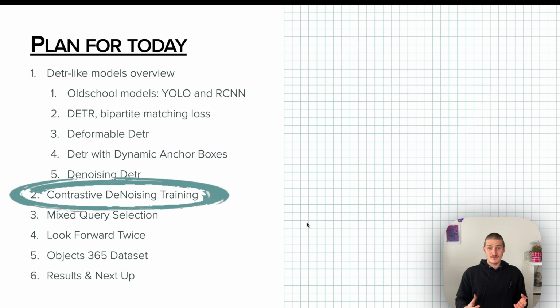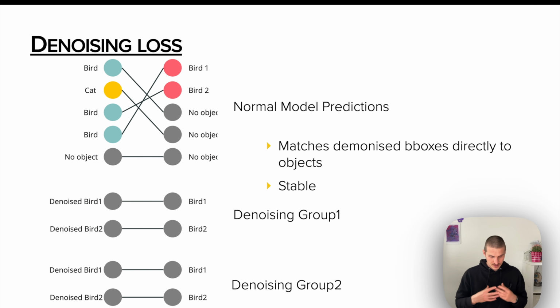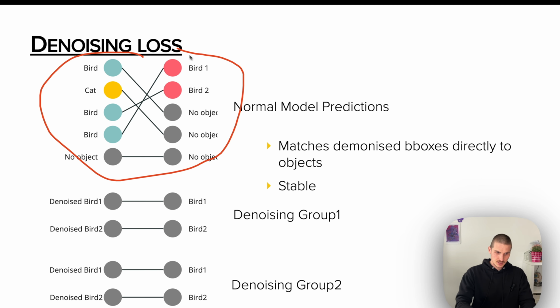Okay, so we are finally starting to discuss the actual DINO model. And we start with a technique that also has to do with the denoising training called contrastive denoising. So let's look again at what happens to the objects and matching in DeNoising DETR. So we have our normal model predictions where we don't know ahead of time what we'll see on the image. And the model basically predicts something, and then we decide on how correct that is or not using the bipartite